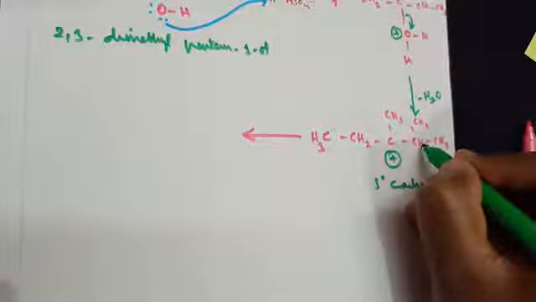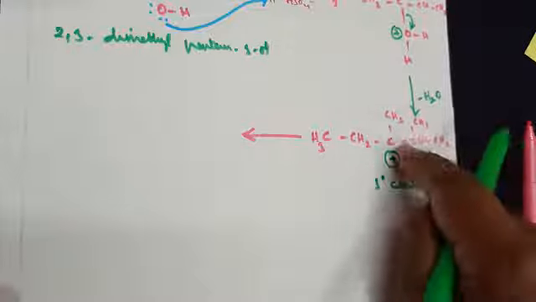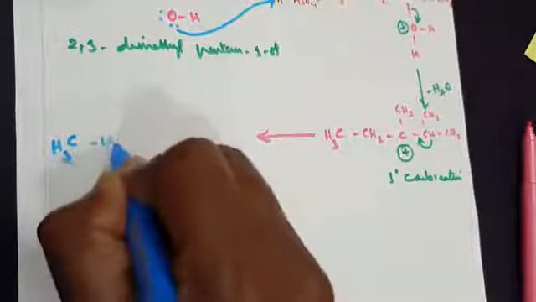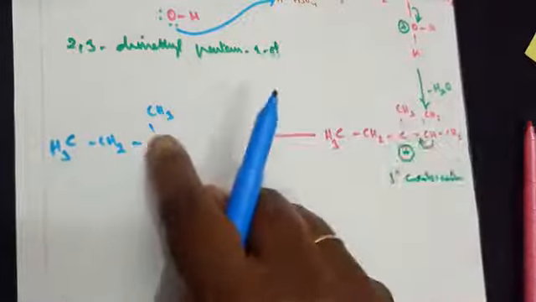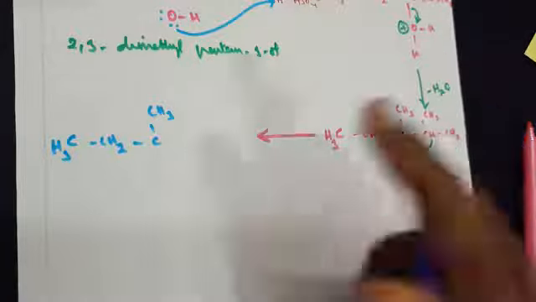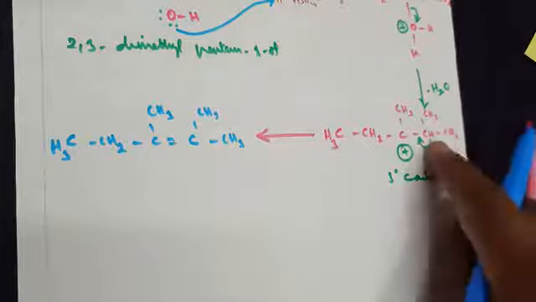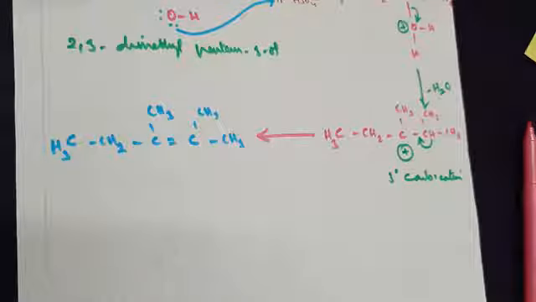First, let me move in. Suppose this hydrogen is lost, this hydrogen is going out, as a result a bond is being formed there. So what will be my product? I will get CH3, CH2, CH3. Remember, up to this point I am writing it as it is. The single bond becomes a double bond as a result of losing the hydrogen. So I will get a C, CH3 and a CH3 here. Am I making it clear? Losing a hydrogen, a double bond is formed. If you want to cross check, the number of bonds, 1, 2, 3, 4, is balanced.